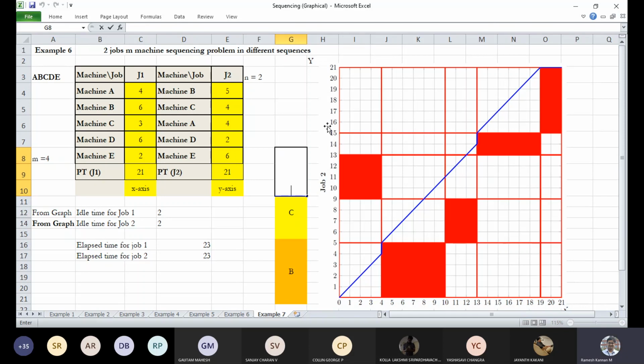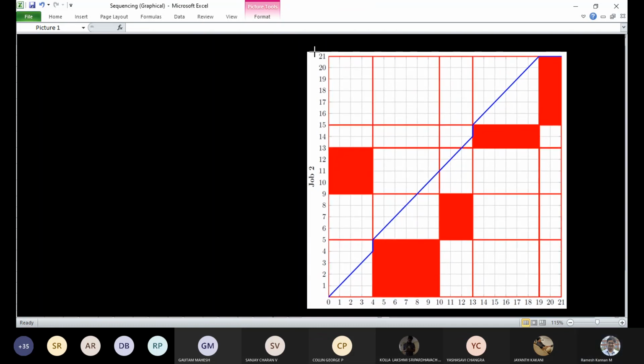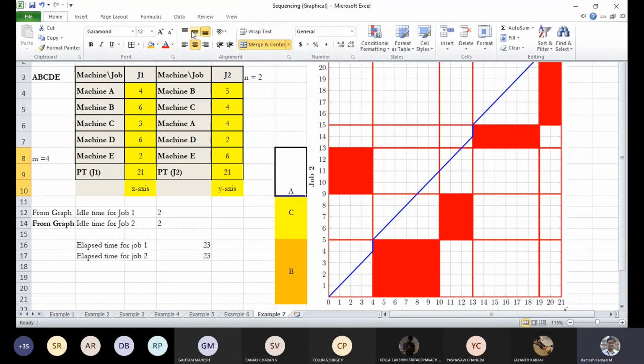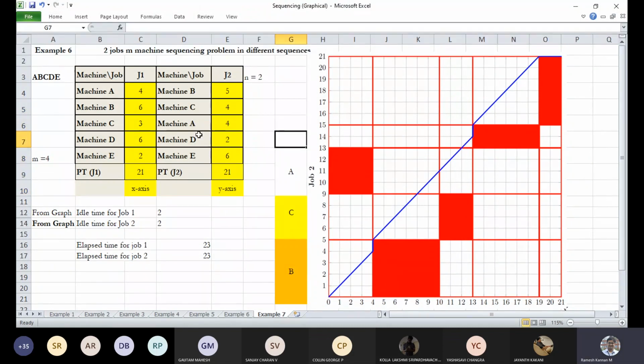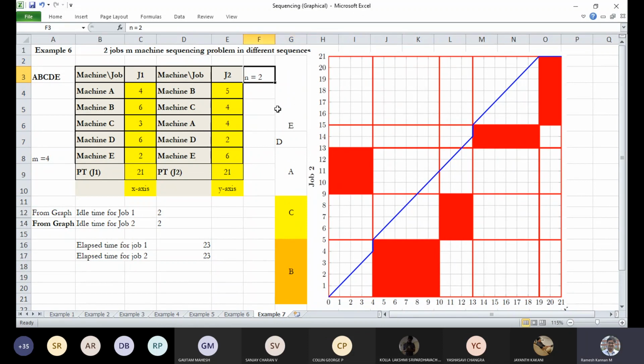It's actually, if you can do it in graph sheet, you can probably do it much better. Can even extend this, something like this. Yeah, so we have got 4. That is machine A. Then machine D is 2 duration, only this 2. So we can put it machine D. And then finally, everything is machine E. Right. So why I spend time on this is because this is very important for the next step.